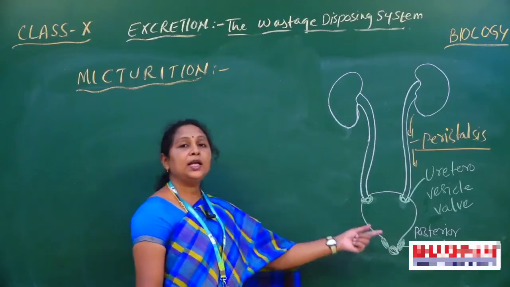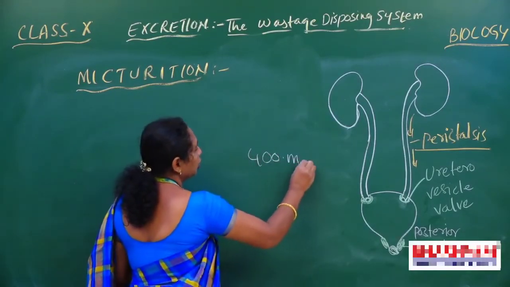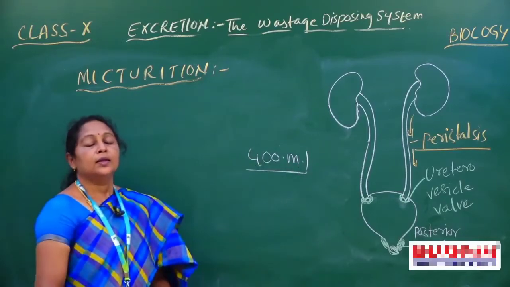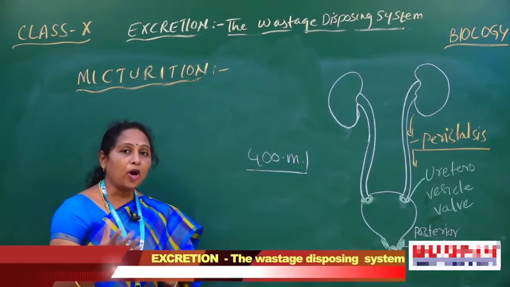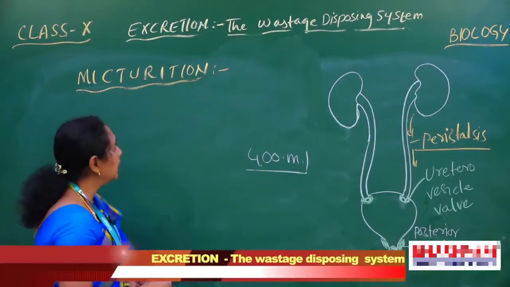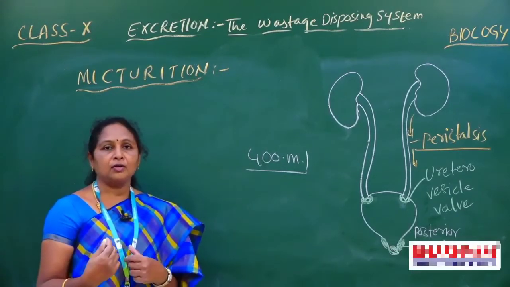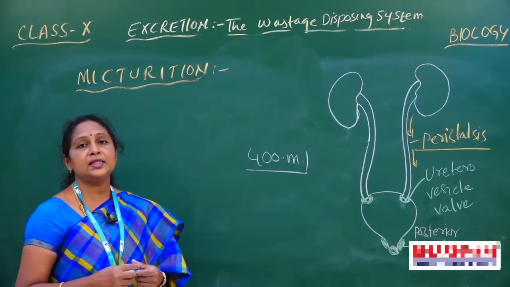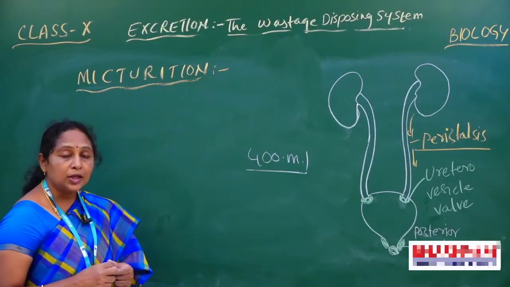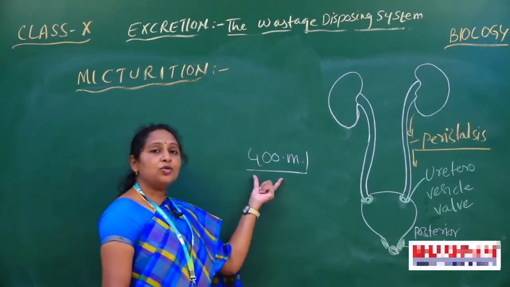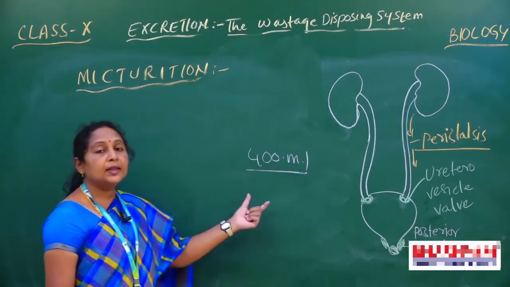When your urinary bladder is going to fill up to 400 ml of urine, then the person is going to feel the urge for urination. The process of urination, otherwise called micturition. Actually, what happens? From the nephron, the collected urine is sent out through the ureter to the urinary bladder. When the urinary bladder fills up to 400 ml of urine, it receives